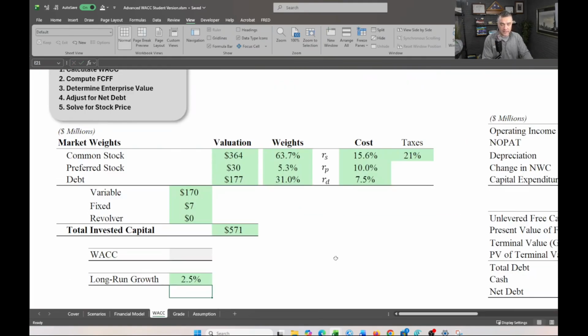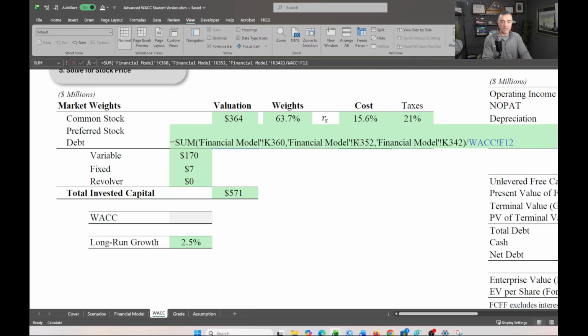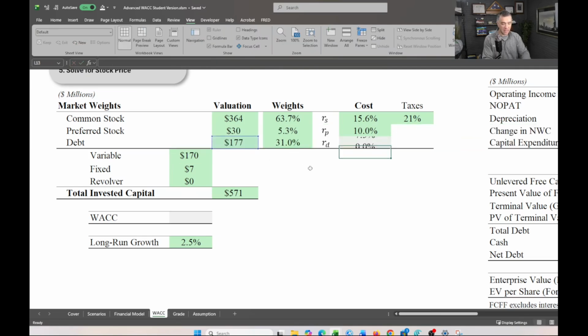Now that we have all the components, we can calculate the WACC. One thing I want to emphasize: this cost of debt right here, let me highlight it. The cost of debt is the before tax cost of debt. We need the after tax cost of debt because the cost of debt has a tax shield that we do not